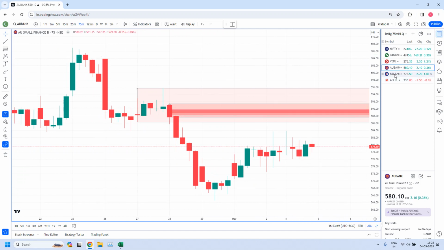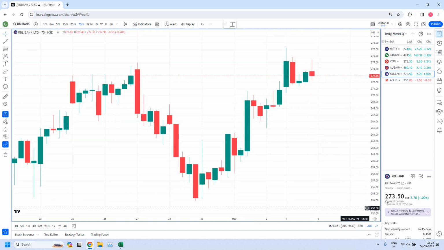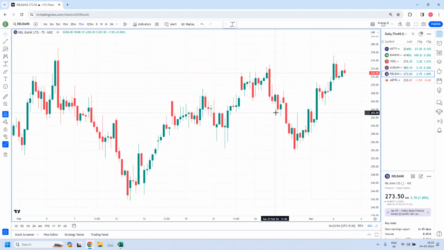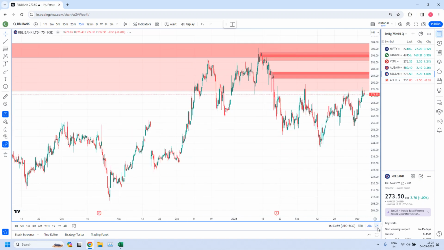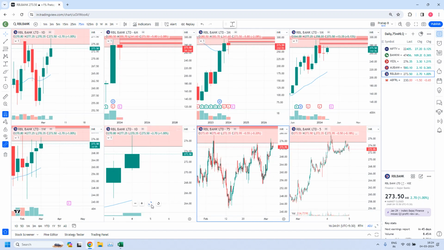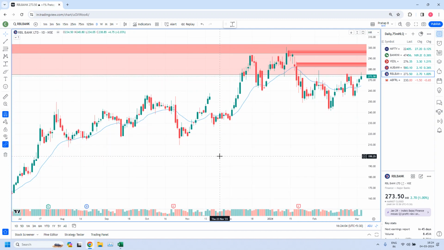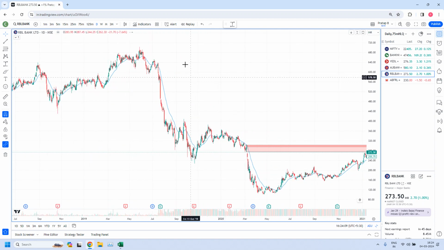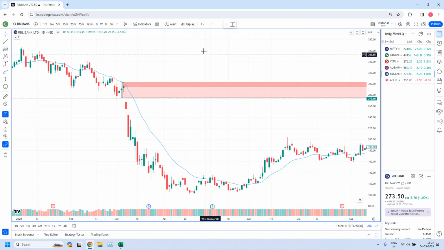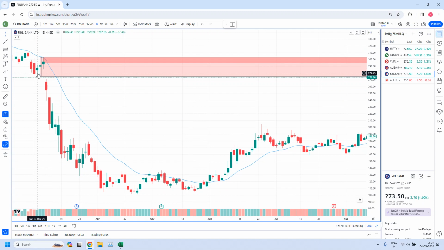Now let me move on to the next stock, RBL Bank. This is also a 75 minutes high liquidity zone. No, this is a daily, it seems. Daily high liquidity zone. Yeah. This is a very old stock. Old means in the year 2020, February 2020. Because we didn't have February 2020, the zone we have drawn above, we didn't fine-tune this zone